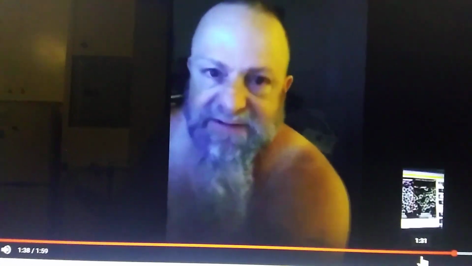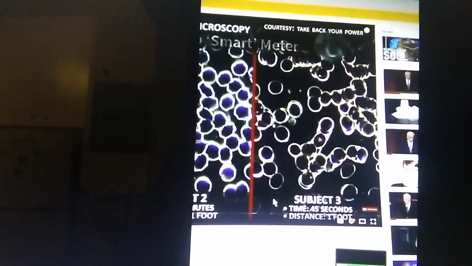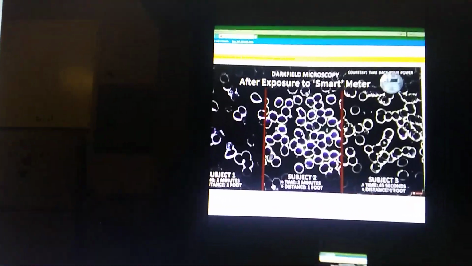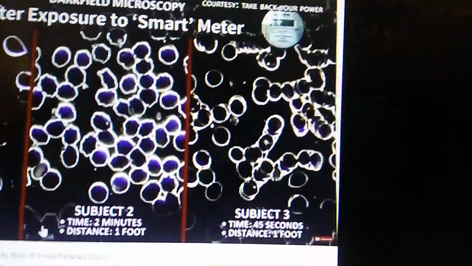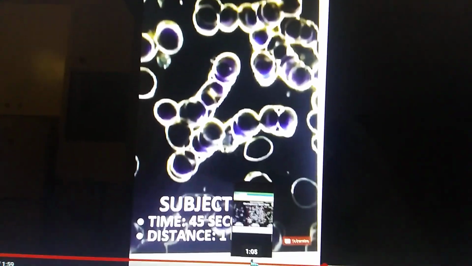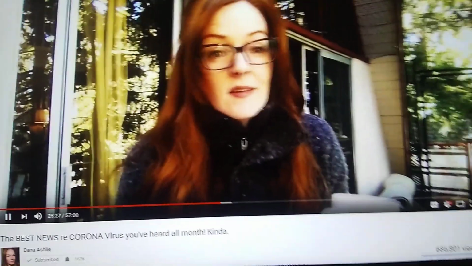So the smart meter and 5G are kicking out 60 gigahertz, which doesn't allow the oxygen to get to the tissues. Every single one of these shows a trauma to the blood cells, and that came from something, and the only variable was the smart meter. We see a phenomenon called rouleau, where the red blood cells are stacking up, which makes it very difficult for the blood to deliver oxygen to the tissues as would be their normal function. Every single one of these is a degradation. Every single one of these shows a trauma to the blood cells. I'm just saying, why am I having to ask these questions?